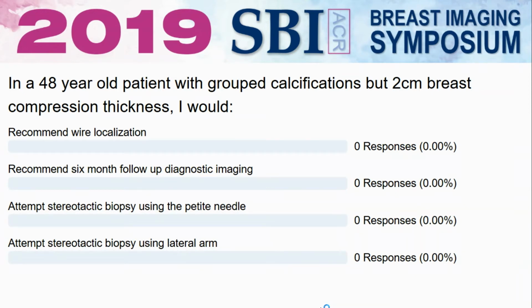Who wants to do wire localization? Very few. Okay, how about follow-up imaging? How about the petite needle? A few for petite. Okay, how about the lateral arm? Okay, so C and D are pretty evenly split. I think the petite needle is an appropriate answer, but sometimes 2 centimeters is pretty challenging, even with a petite needle. And the D, the lateral arm approach, will definitely get you the tissue. But they can both be